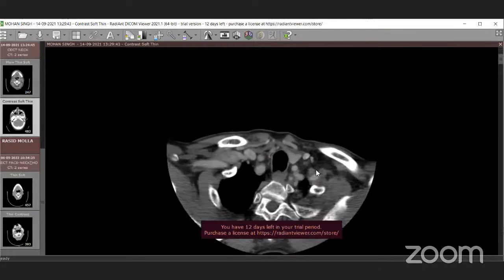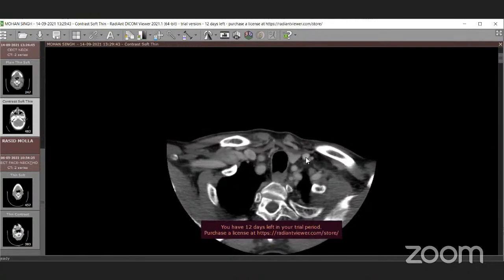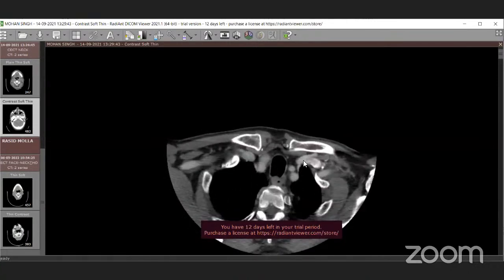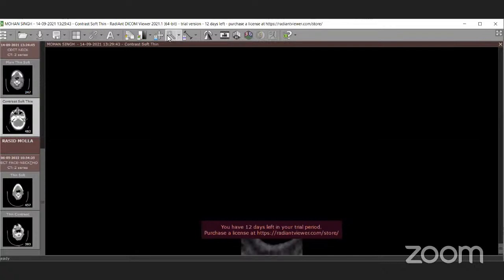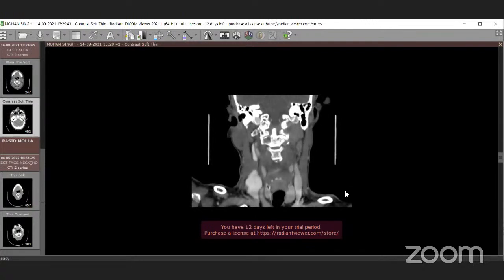On the contralateral side, this is the IJ. You trace the IJ, and the vein that joins is the subclavian. This is the origin of the left brachiocephalic vein. These two fuse to form the SVC. I don't think the entire thing is in this imaging data set. We can just see the IJs and the subclavians forming.